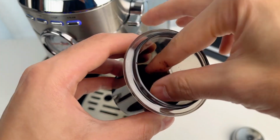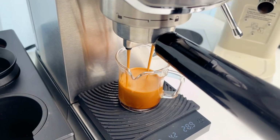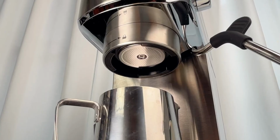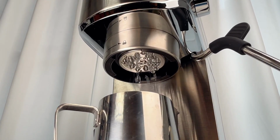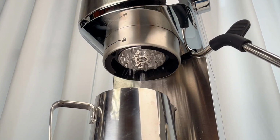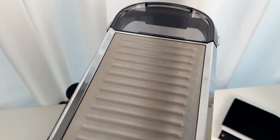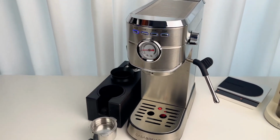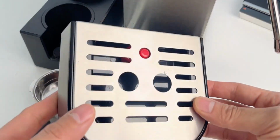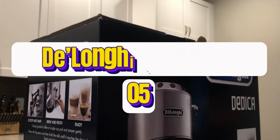The pressure gauge? More for fun than function. But the machine? Solid value. You might not get commercial-grade durability, but for daily lattes and chill weekend brews, it totally delivers. So yeah, budget pick with barista flair, Casabrews is killing it. Number 5, the DeLonghi Dedica